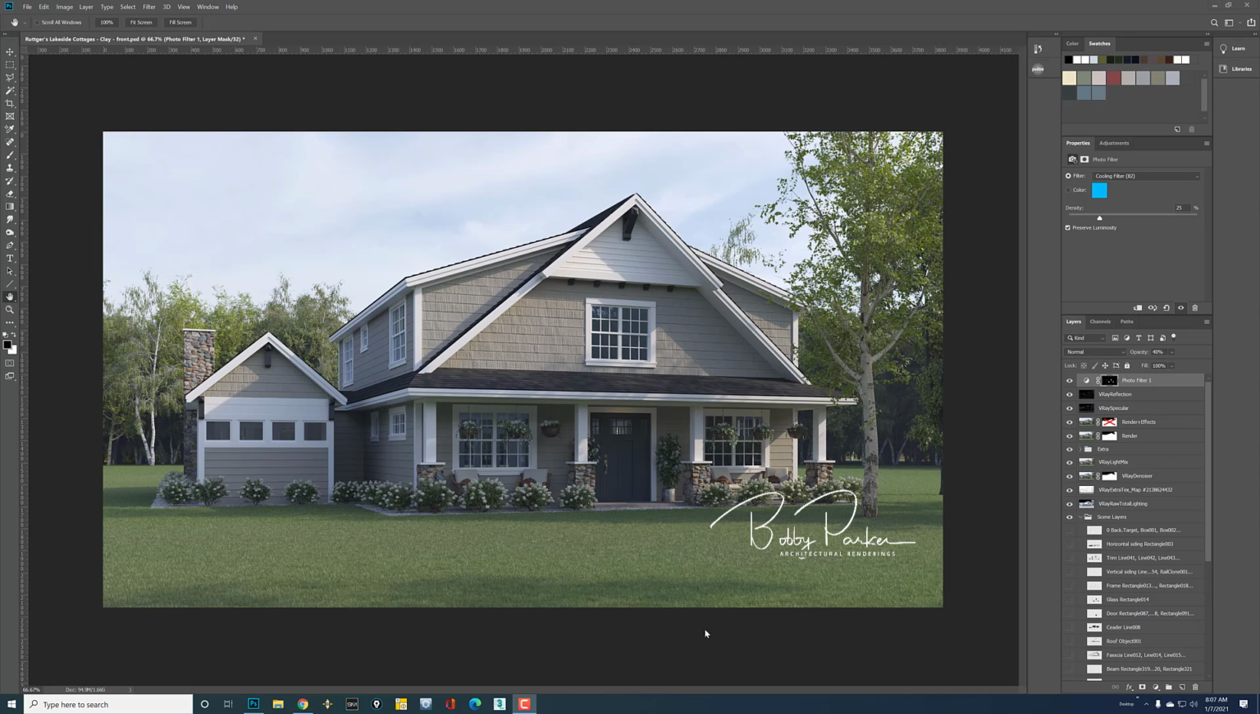Here's a quick 1-minute tip. On my glass, I usually boost the blue in post-production. So I use 3ds Max and V-Ray Next as my render engine,